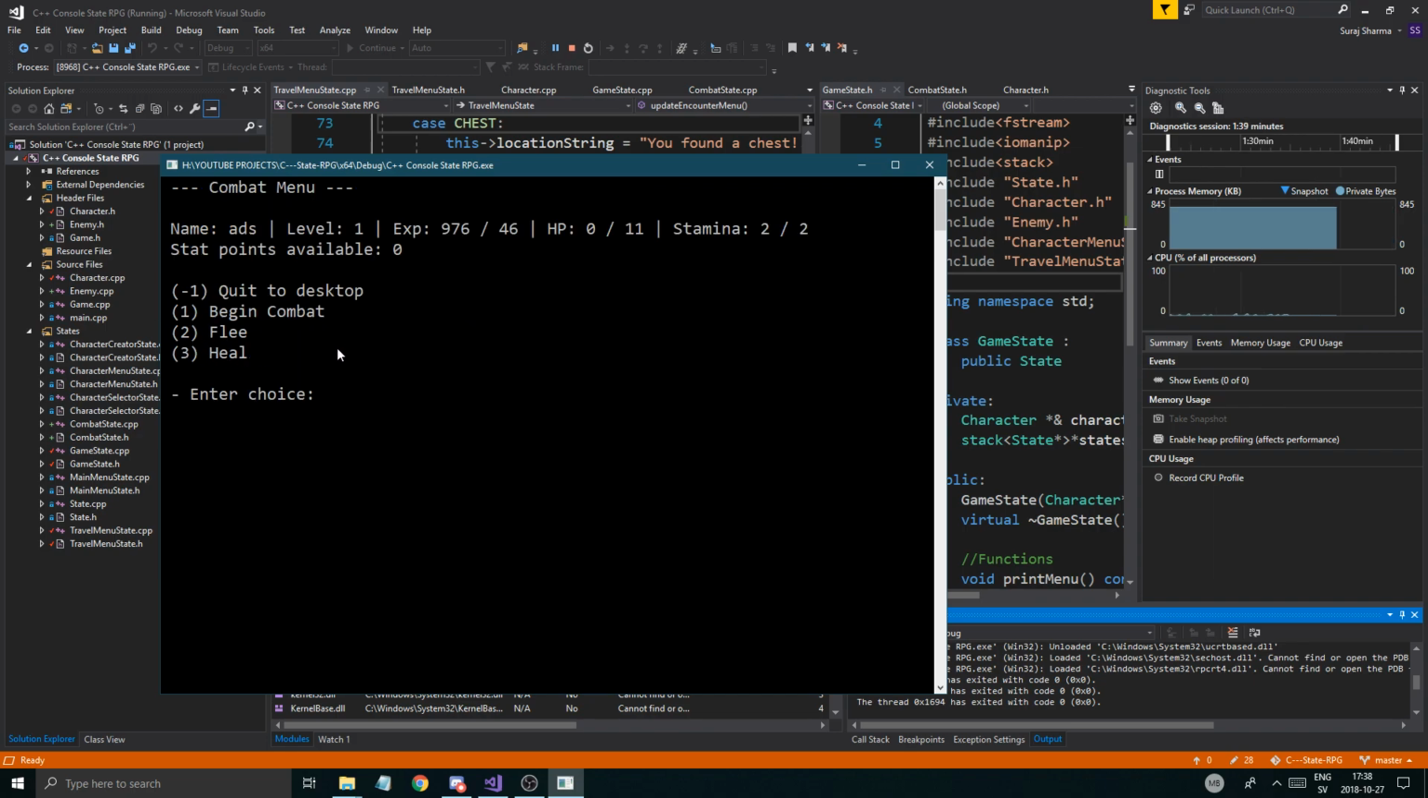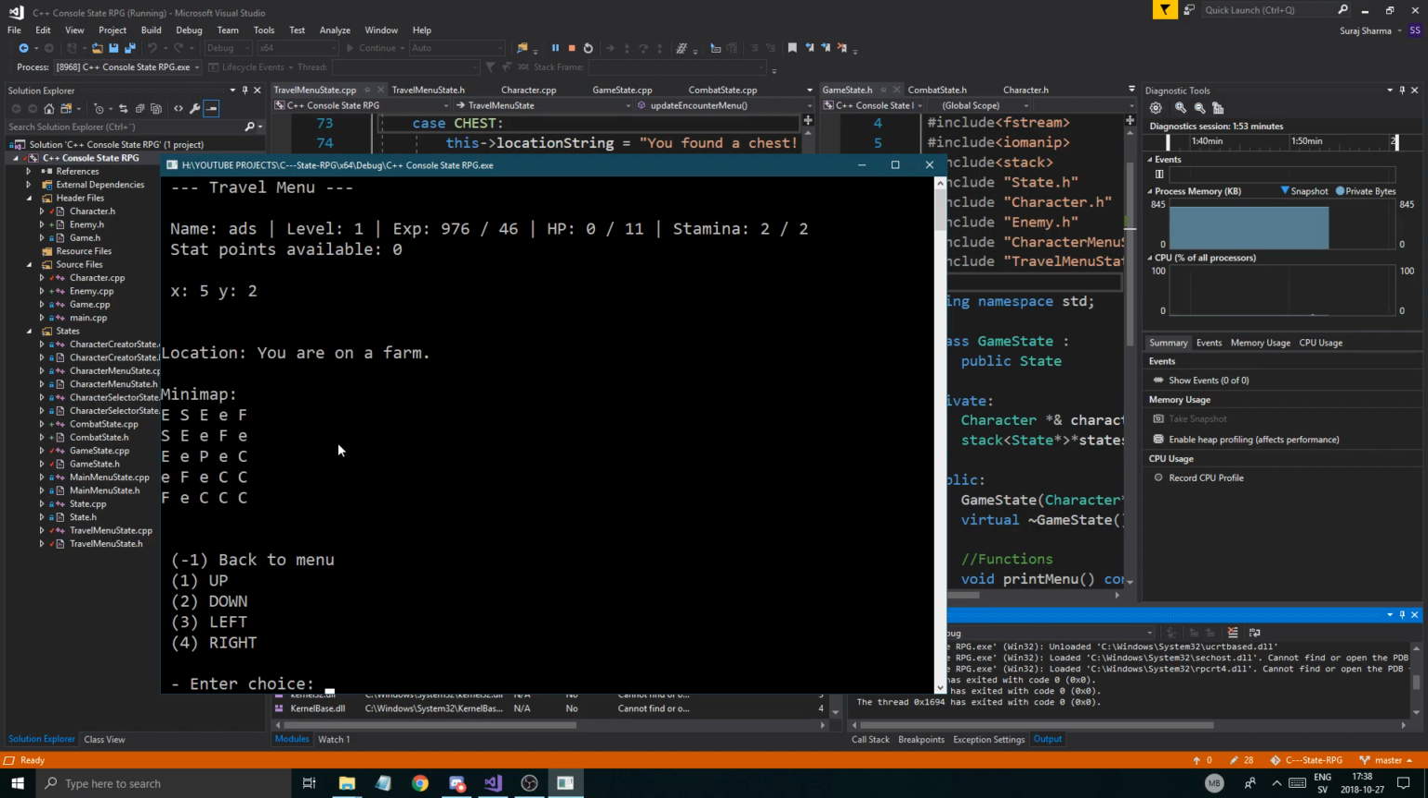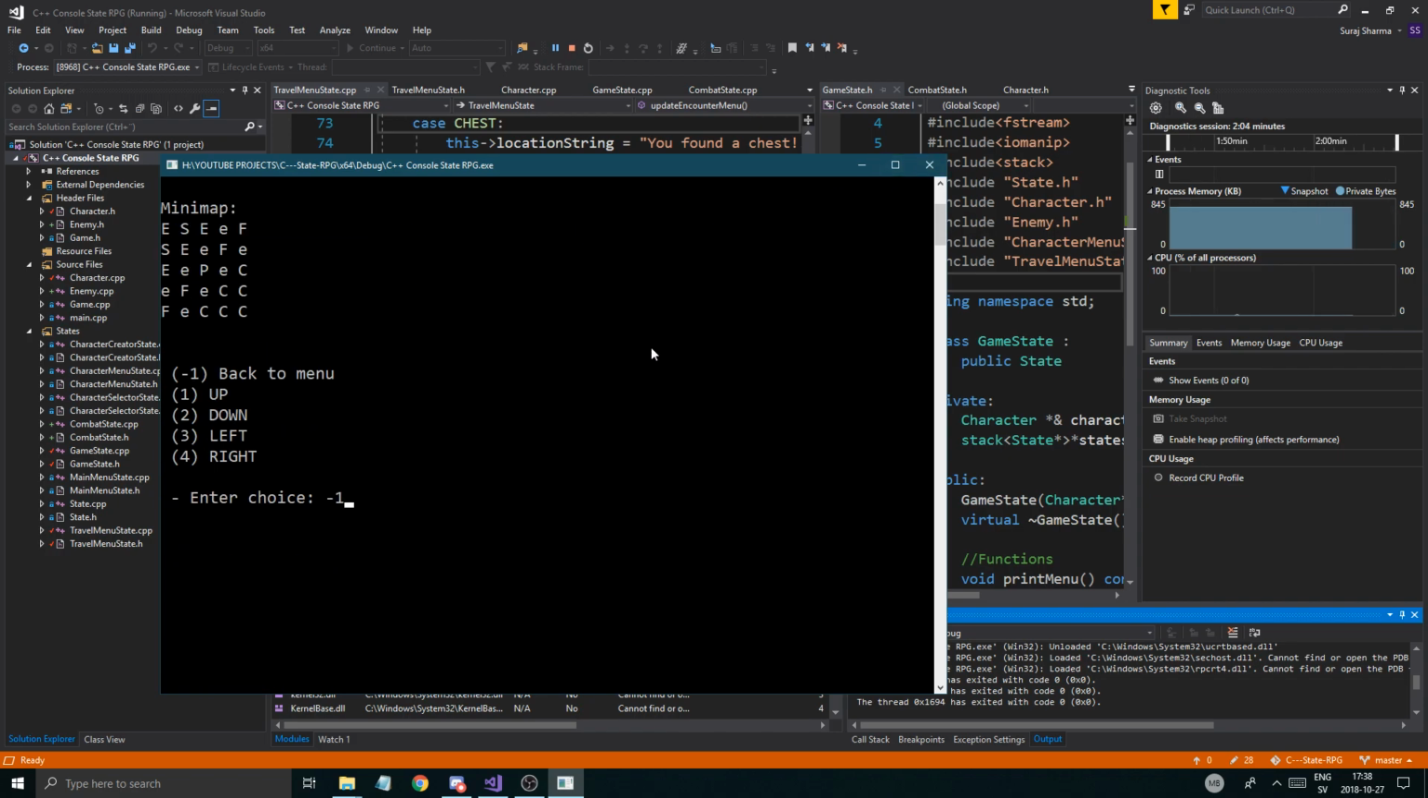But the thing is, we're still in the combat state, and if I press flee, that should make me kind of drop some stuff and run. Okay, that's the whole idea. If I quit to this, it shouldn't be quit to this, it should be go back. But I'm still now on a farm because I moved to the right. So that's cool. If we just quit out of this,